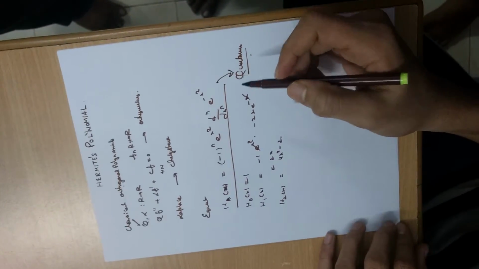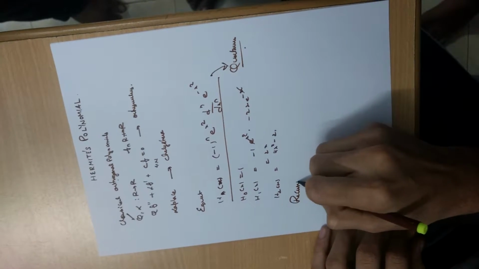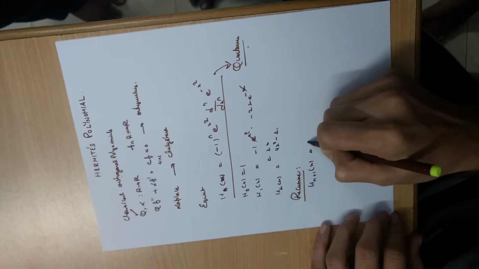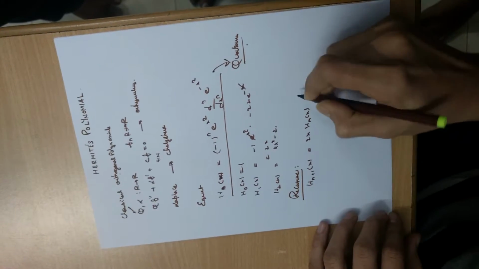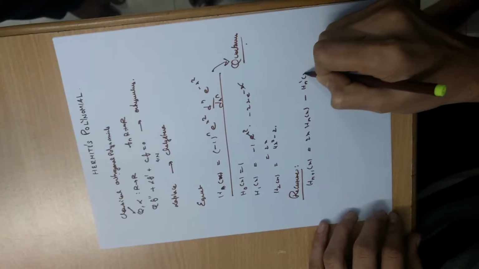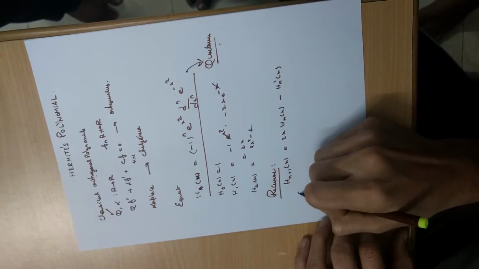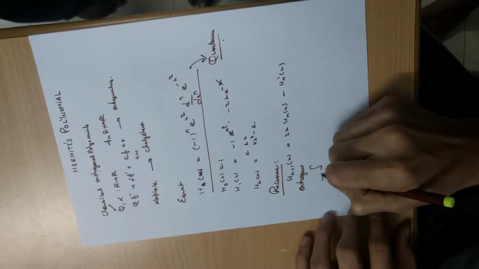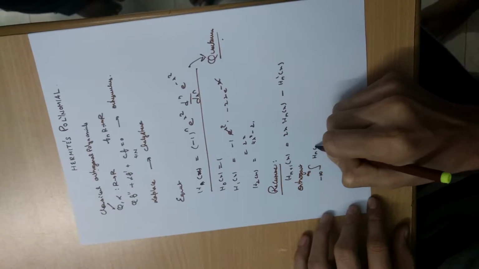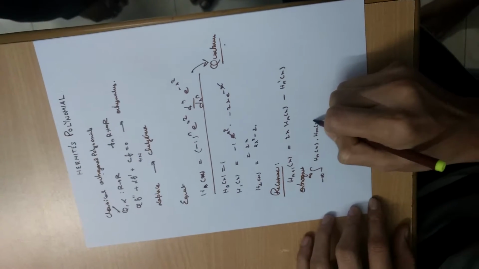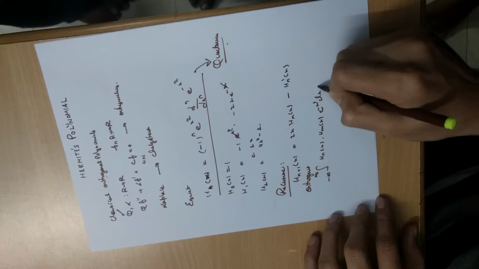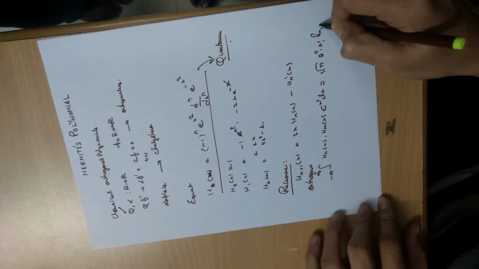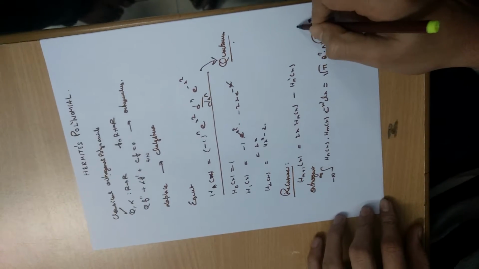but small modifications might be done depending on the field of application. Now we also have a recursive equation for the Hermite's polynomial, which is nothing but h n plus 1 of x is nothing but 2x into h n x minus h n prime x. And since this is an orthogonal polynomial, it should also satisfy an orthogonality condition, which is nothing but the integral from minus infinity to infinity of h n of x into h m of x into e power minus x square dx is equal to root pi into 2 power n into n factorial delta of n comma m, where delta of n comma m is the standard delta function, which is 1 when n equals m and